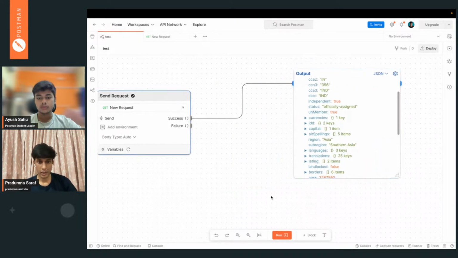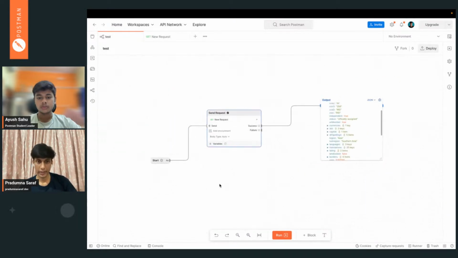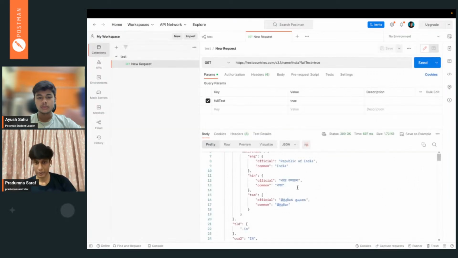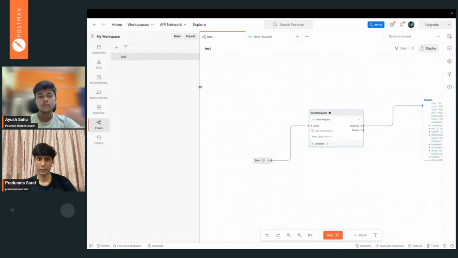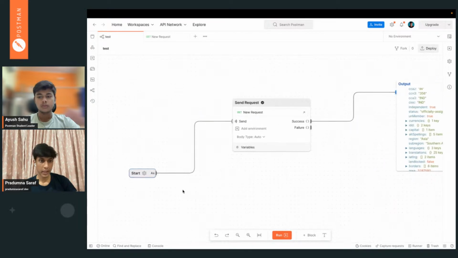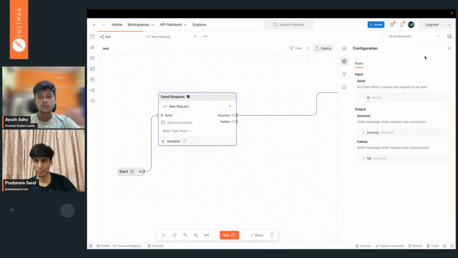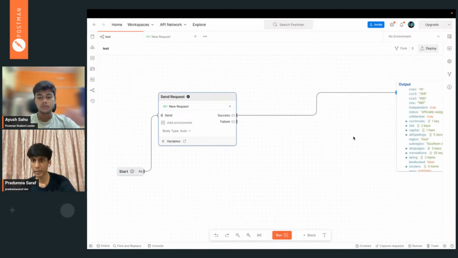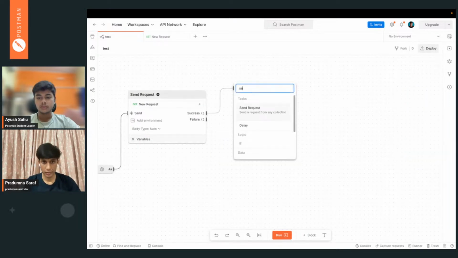So here's the thing, this sounds all good, we are getting the request. But this is where the real power of flows comes into play. We started with the get block, and I put it aside to get things cleared up. We will delete the output block for now, and we will use the select block.